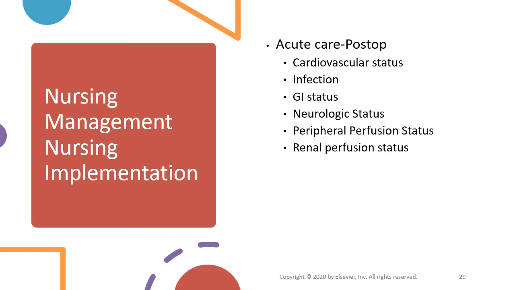For GI status, we want to monitor for a paralytic ileus, which means we're listening for flatus, which is a return of bowel function. We want to record the amount and the character of the NG tube output if we have an NG tube. The patient will be NPO, so we want to provide oral care. We want to look at our abdominal assessment and assess for signs of bowel ischemia: absent bowel sounds, fever, abdominal distension, diarrhea,